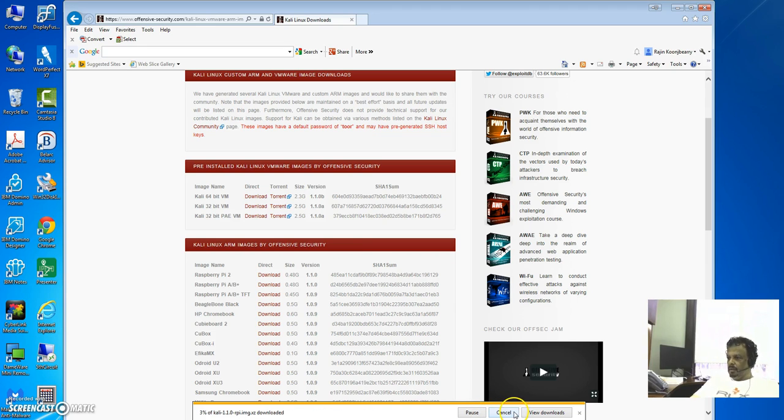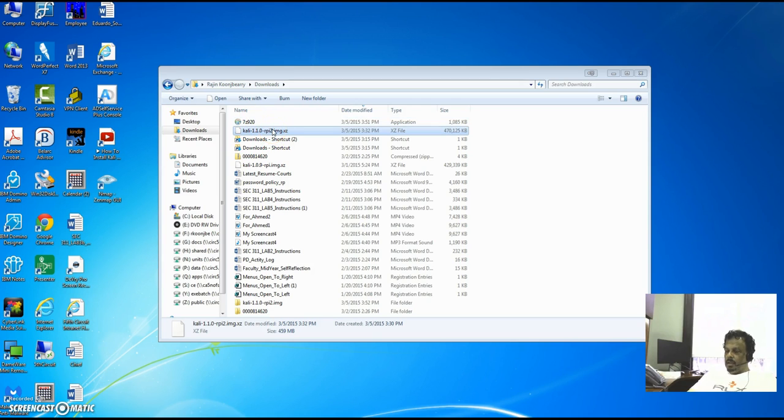So you're going to save it to a location. It's not a large file, but it's going to take about a minute or two to download. I have downloaded it already, so I'm not going to wait for it to download. So I'm going to stop the video and go to the next step. Okay, here is the image of the file that I just downloaded. So now what we need to do,